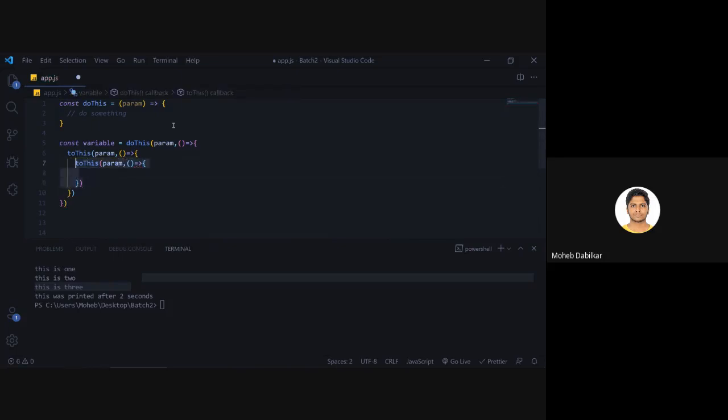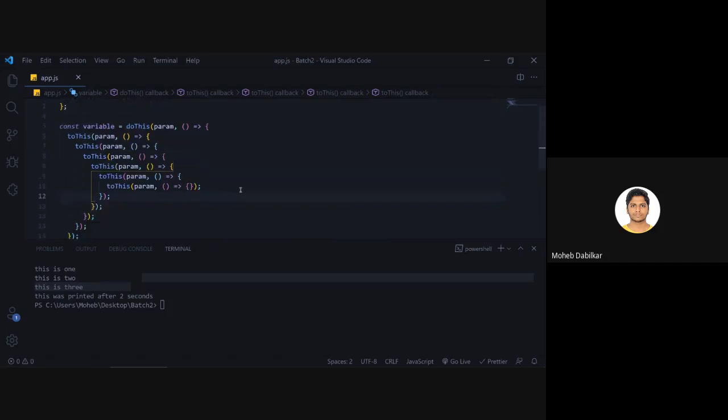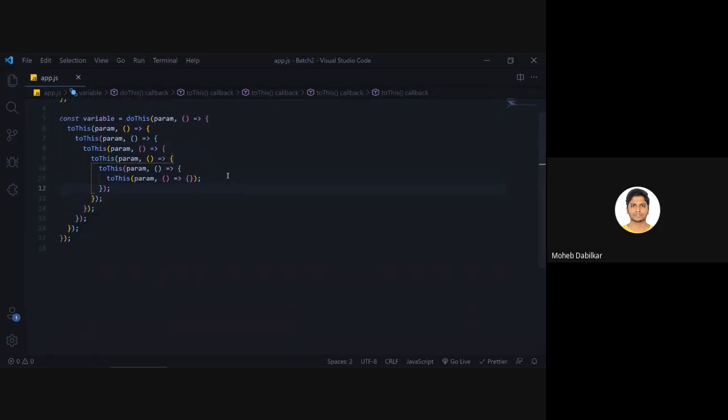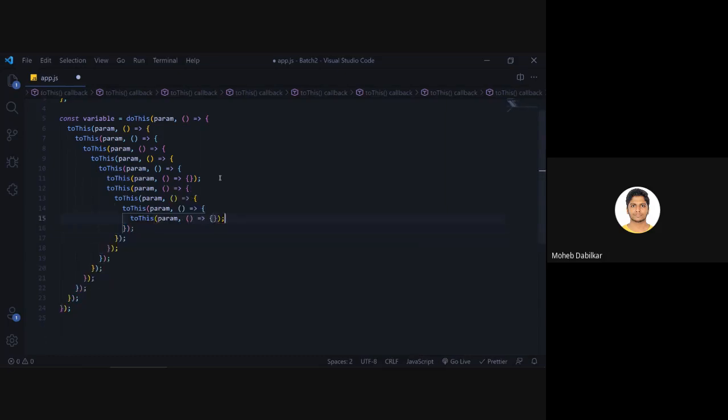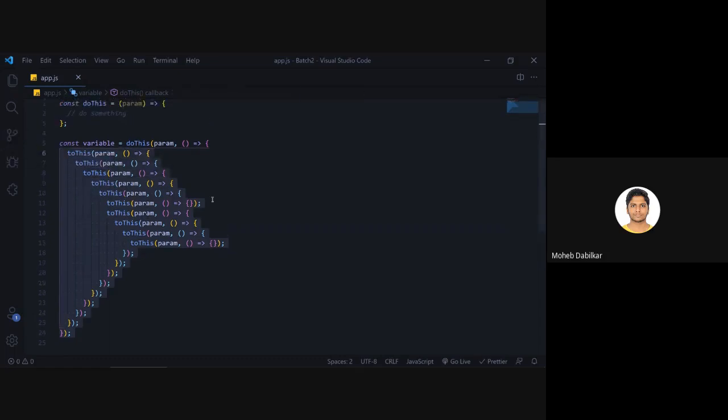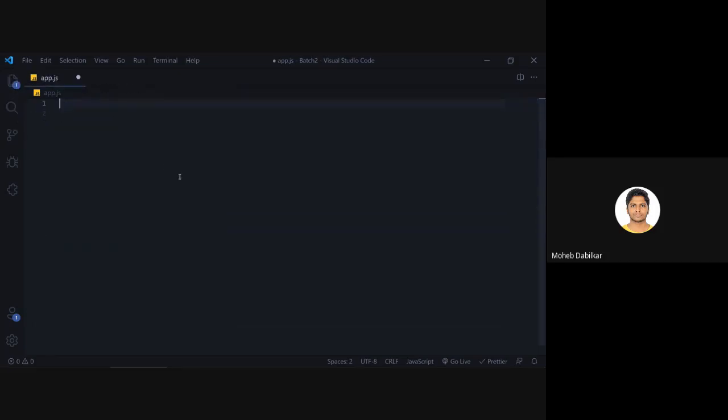Once you have lots of data, what you will start to notice is it starts to become a triangle, something we know as callback hell. As long as you are working with that data, you have to work with this somehow, and then just make this big triangle. If you have code that is going like this, you should know that something is wrong and you should be fixing it. So for that, what we have is the fetch API.